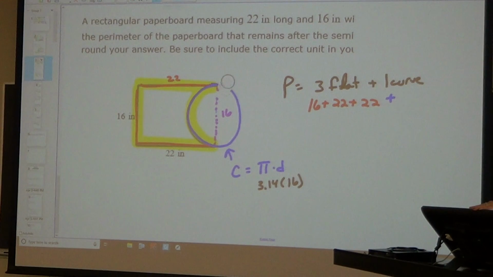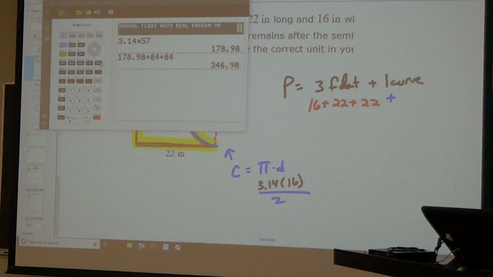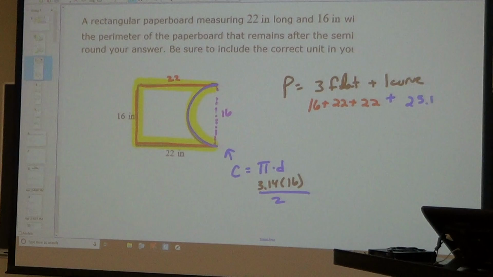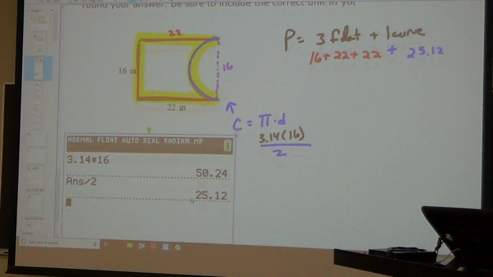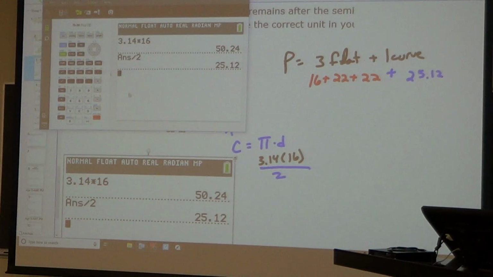No. I only need half the circle, so I'm going to cut it in half. So I'm going to do 3.14 times 16 cut in half. That gives me 25.12. 25.12 is not your answer. 25.12 is just the curve side. To get my answer, I have to add up all the sides. So it's going to be the 16, the 22, the 22, and